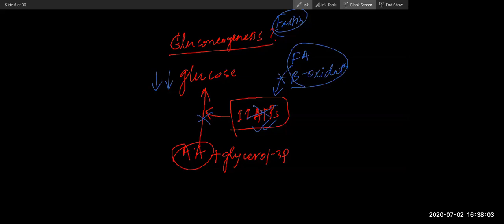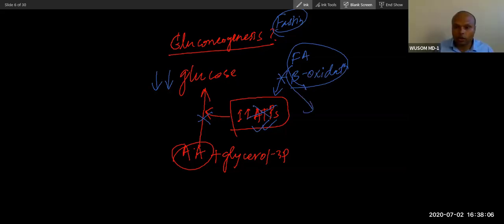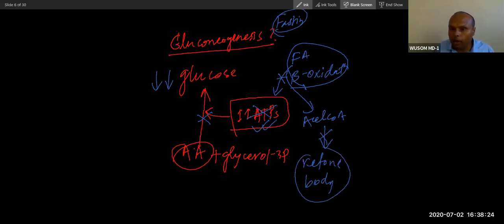Yes, sir. And this beta oxidation is not there, so acetyl coenzyme A will also not be there, and that is why no ketone body. But if everything is normal, there will be production of glucose and also production of ketone body. So if there is a problem in beta oxidation, there will be non-ketotic hypoglycemia. There are other causes of hypoglycemia as well, but there will not be low ketone body. So ketone body level is very important to differentiate the type of hypoglycemia.